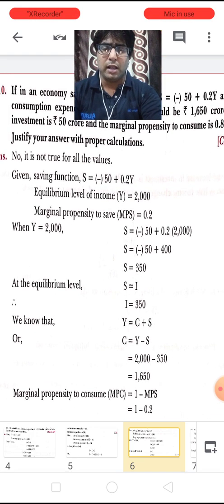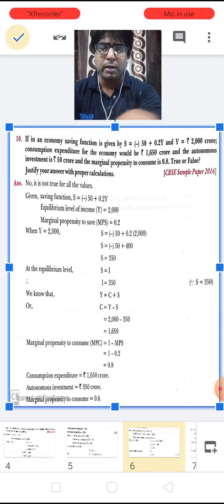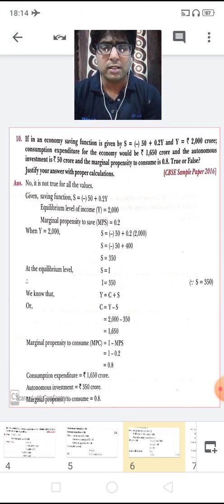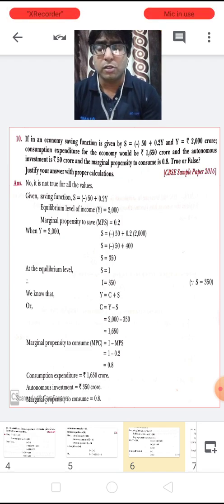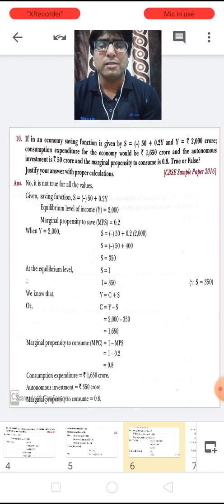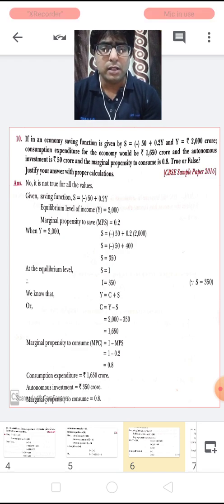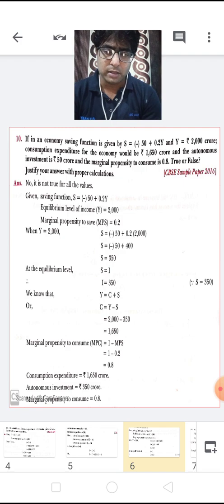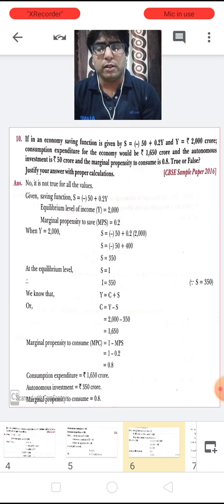But what we have given here in this question is that the equilibrium level of income is 2000, whereas the consumption expenditure would be 1650, and the autonomous consumption is 50. So here the autonomous investment is wrong. The value of autonomous investment is 350 instead of only 50 crores, and the value of MPC is 0.8, which again comes the same. So in this way we can say that no, it is not true for all the